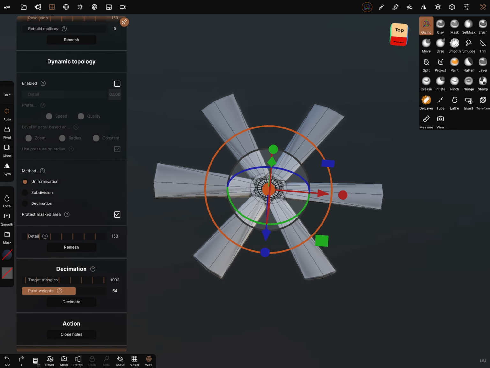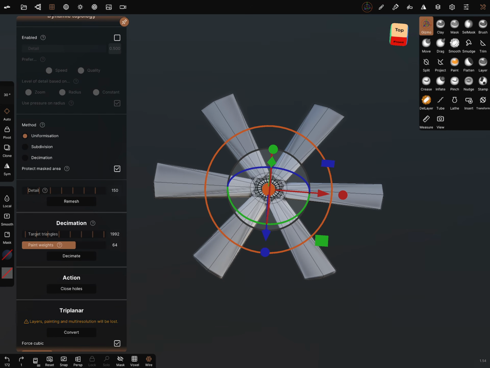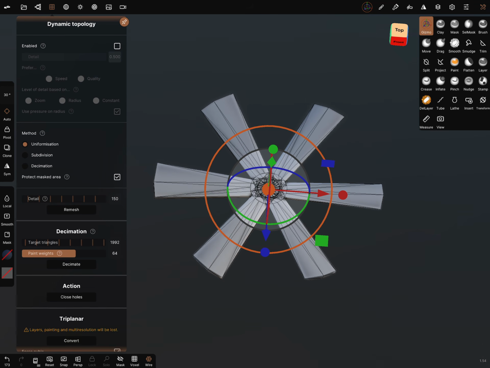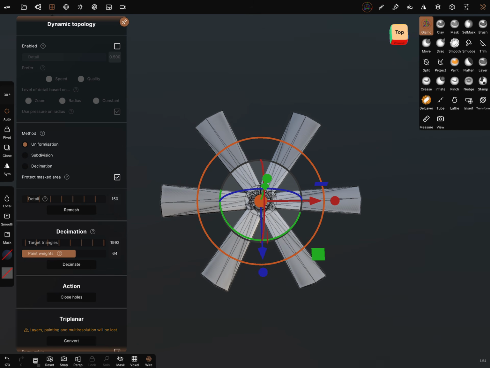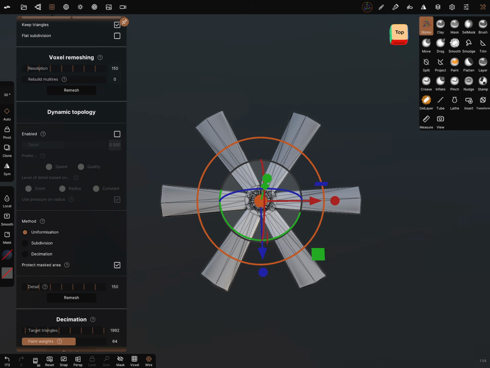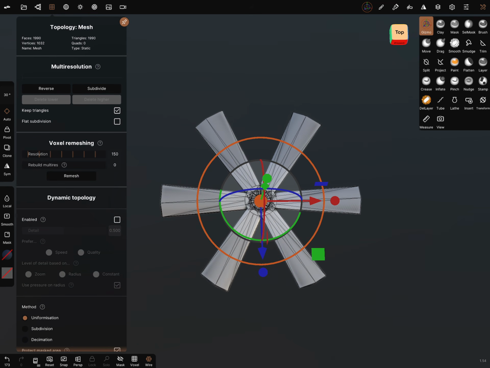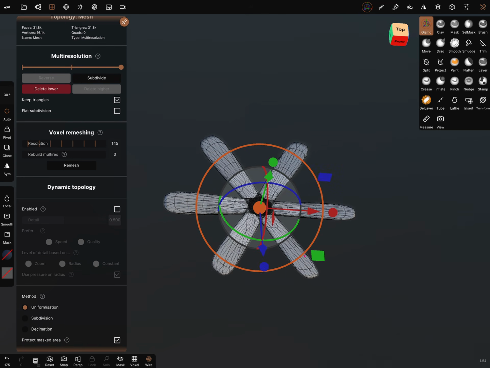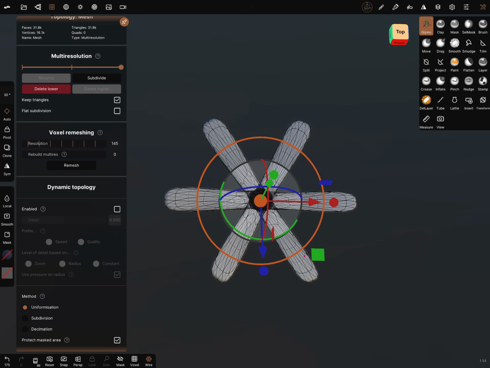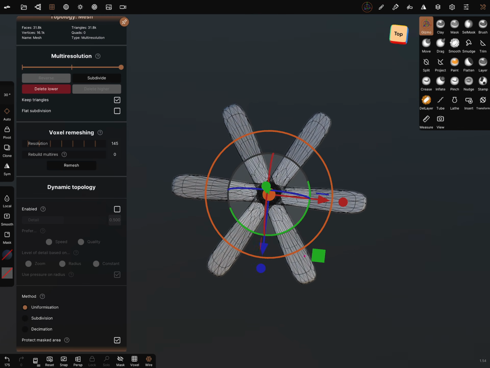And another thing is you can use the decimation and try what happens. That looks also good. And now we can try again, subdivide and look what's happened to the blade. I think so, it's fine.